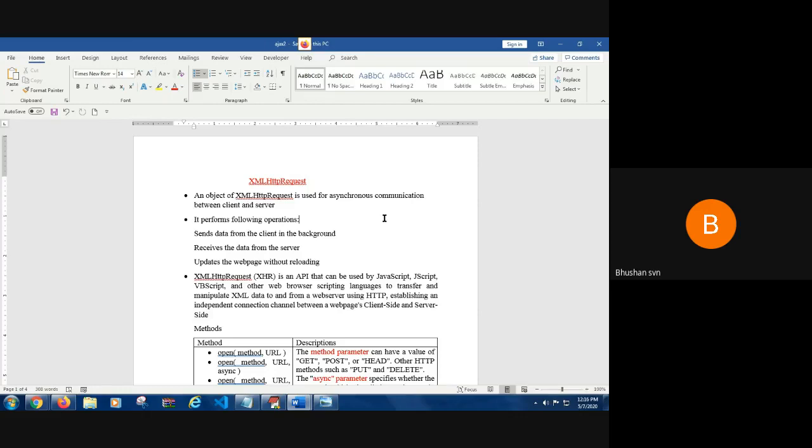Suppose I have fields like name, email ID and age, and I want to change only the email ID part.